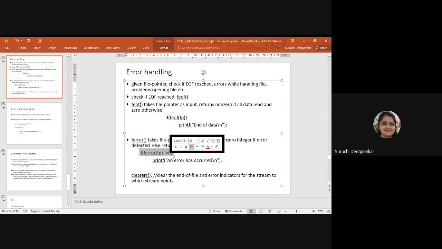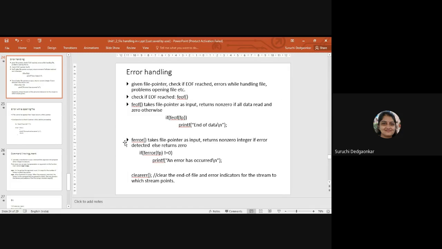After the error is known, or we have handled that error, we use this clearerr function, which will release that memory again, so that the next error details can be stored in it. It is just releasing the memory where the error details are stored about that particular file pointer.